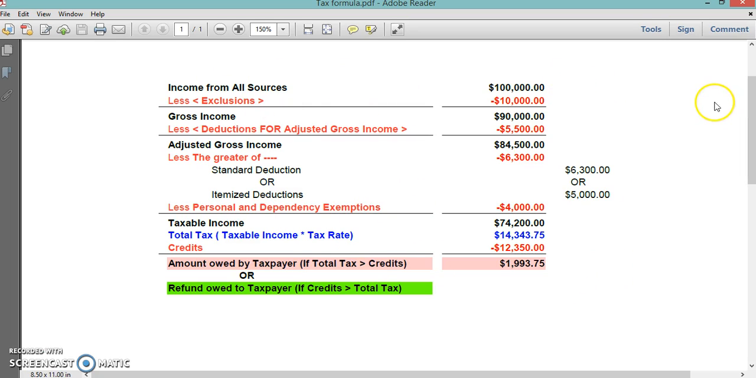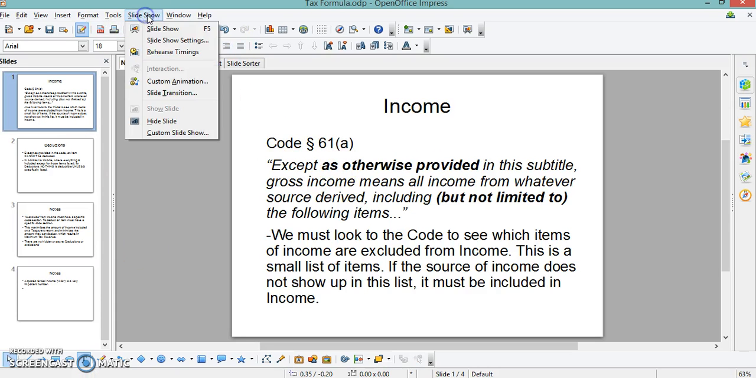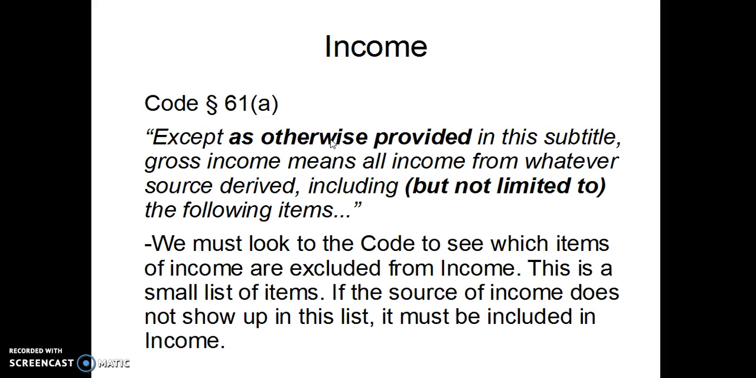And to summarize, basically, the way the tax formula works is that you first of all take income from all sources. Now, emphasis on all sources. And I'll show you what that means when we say income from all sources. Now, according to Code Section 61, except as otherwise provided in the subtitle, gross income means all income from whatever sources derived, including but not limited to the following items. And it just provides a few items